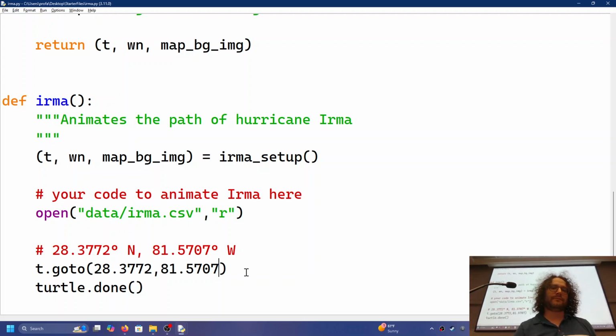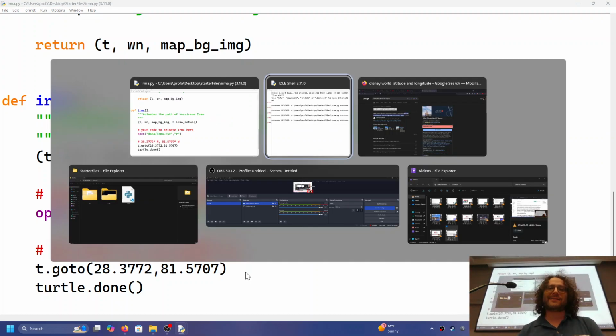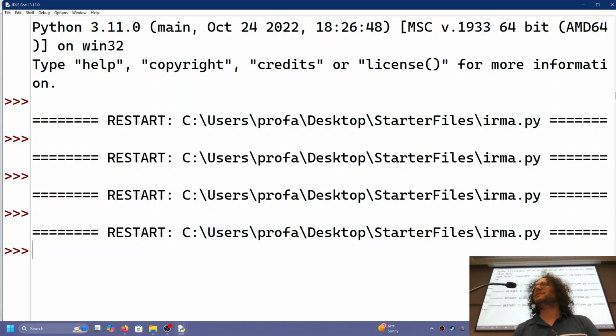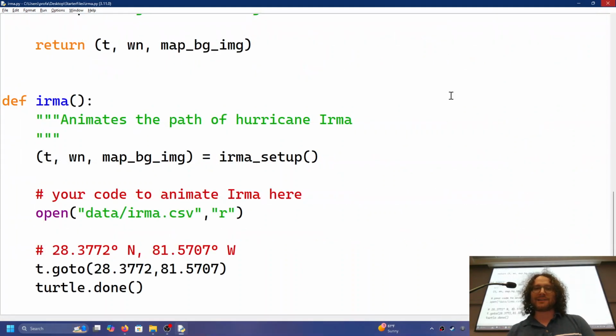What's going on here? Well, look at what it is: latitude 28 north, 81 west. We say latitude, longitude, but that doesn't necessarily mean that's the order we should plug it in. Latitude lines are the horizontal lines going up and down, in other words, that's our y-coordinate. Why? Because it's north-south. So the 28.37 should go here because latitude goes up and down, whereas longitude lines are the vertical lines. So now if we flip them around,